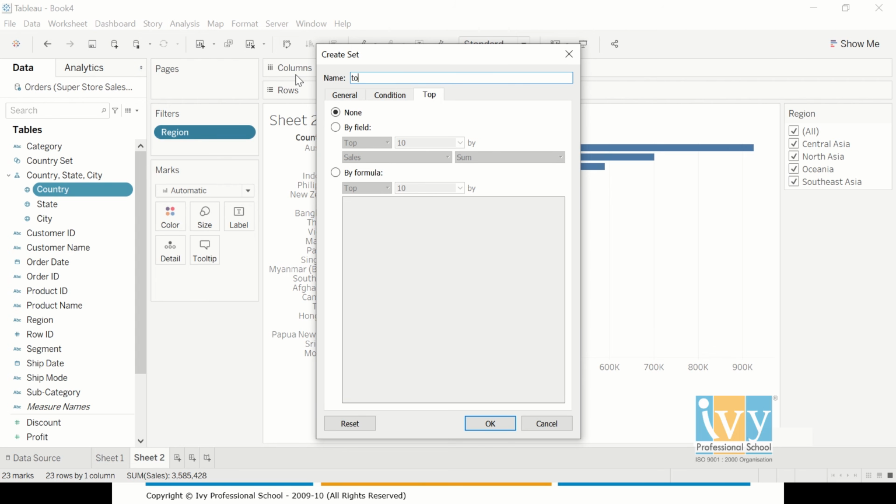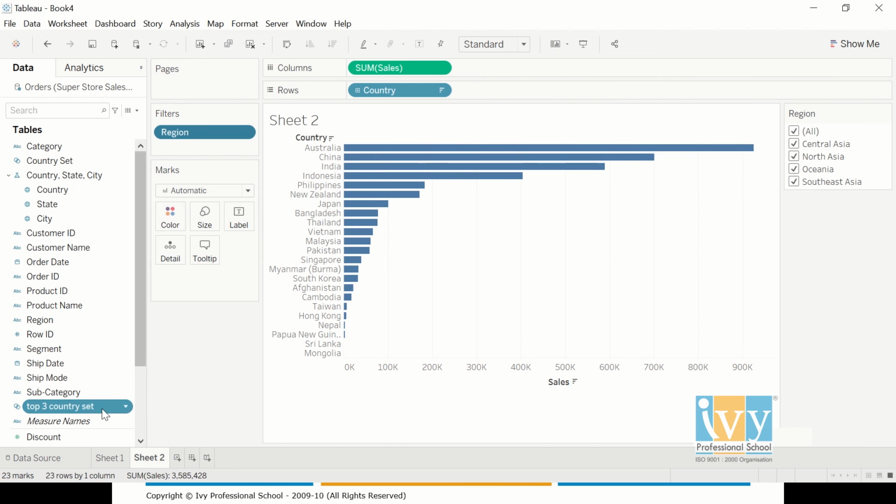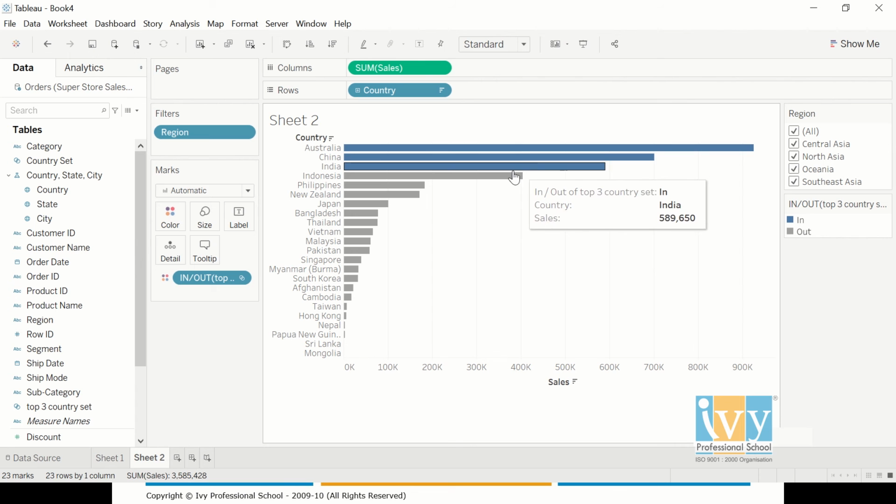I'll make a top three country set, and by field I want the top three countries by my sum of sales. Now I'll bring this into my color. So now this is saying that the blue ones are the top ones, and the remaining ones are gray.